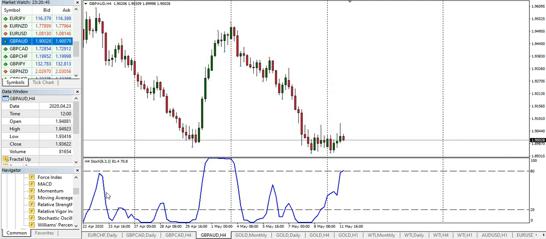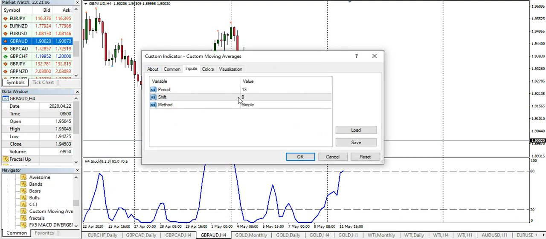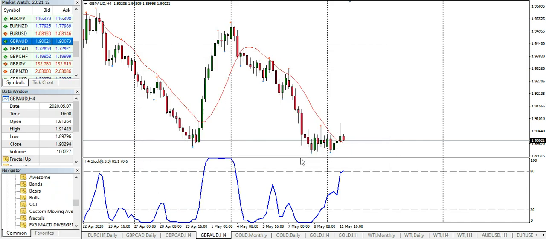No. Any indicator, let me find, there should be several indicators over here that we can use. You can use a MACD if you want to use the MACD. You can use a custom moving average, right? Where you can put whatever period you want, whatever moving average type you want to use, and just drop it